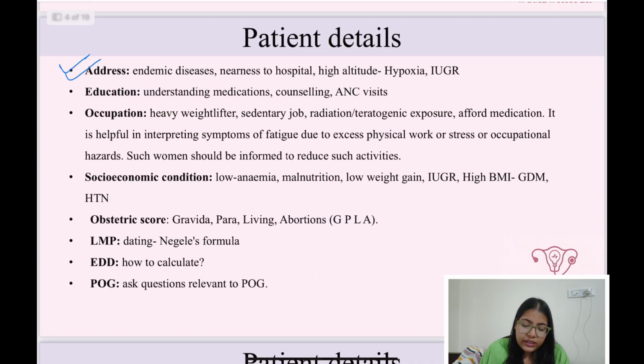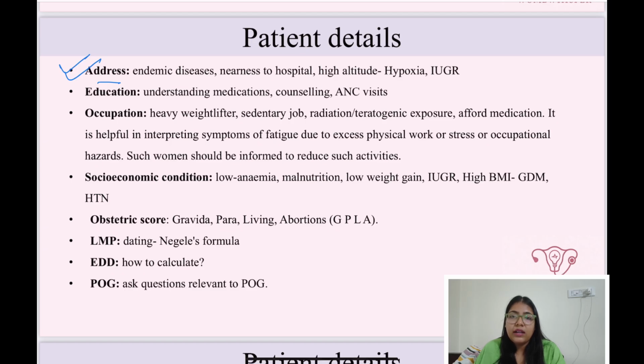Address is of importance because some patients may belong to endemic areas where a disease is common, like in the eastern part of India, West Bengal, Jharkhand, Bihar, where Kala-azar is common. So the patient may be coming from that area. So if she comes with a complaint of fever or anything, we should suspect the endemicity of the area she is coming from, and also to know if she lives nearby or far from the hospital. So if she is living far away and she is a high risk patient, in that case mostly we admit the patient to manage her condition, and we tell the patient to have an attendant always with her